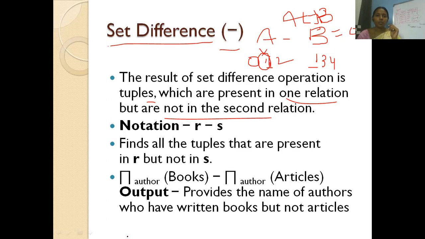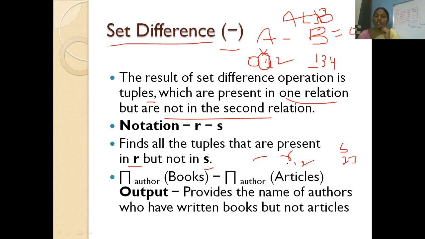Clear? Now, find all the tuples that are present in R but not in S. I want to display the rows from the table R which are not in S. That means consider R table is having rows 1, 2. S table is having rows 2, 3. Right?